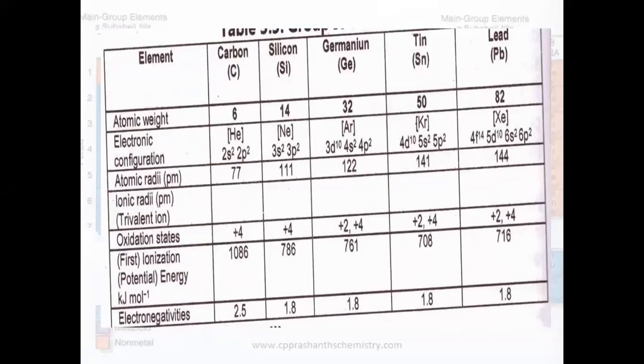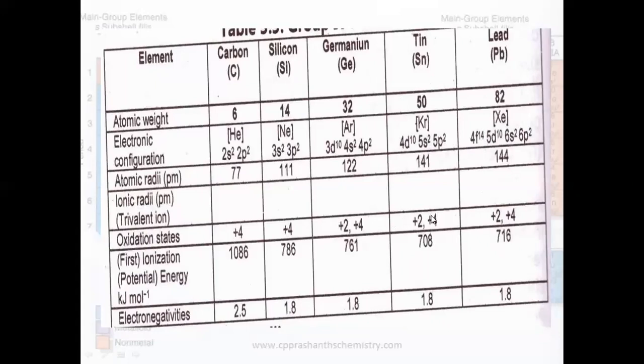Now this is for group 14 elements, that is the carbon family. Here from carbon to lead, that is atomic number 6, 14, 32, 50 and 82, that is carbon, silicon, germanium, tin and lead. These are the electronic configurations of all these elements, where if you see carefully, 2 plus 2, 4, again 2 plus 2, 4, 4, 4 and 4. So the group valency, the common oxidation state, is +4.